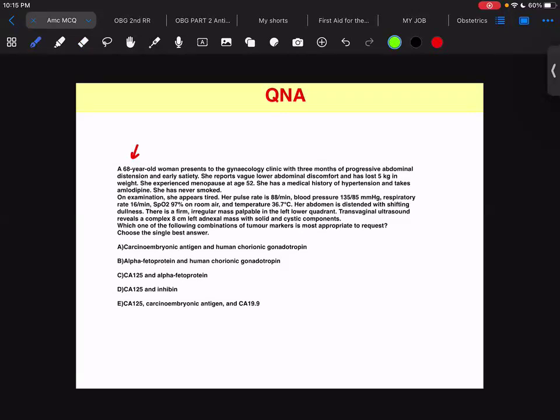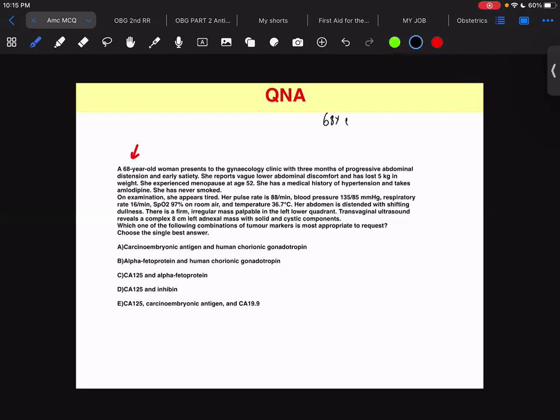So we'll be continuing our important topics for the AMC MCQ examination, and these are the topics which you should not miss before entering your examination hall. So let's discuss our first topic, and before that we will discuss the case scenario which has been asked in your exam, and somehow it's very important for your examination, right? So talking about our first case scenario, we have a